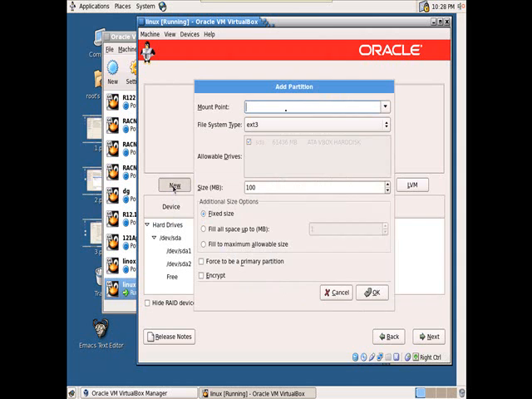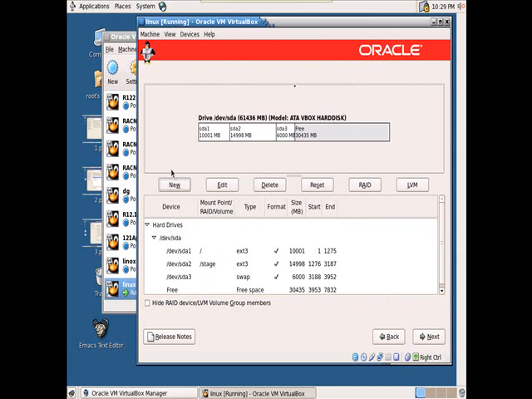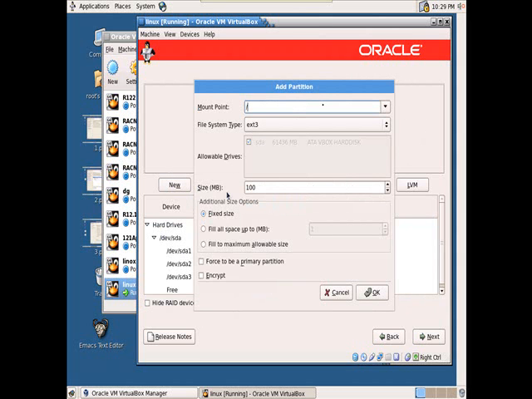Next, I want to create one more partition called stage. For this I am giving 15 GB. What is stage? Generally we store all the software in a particular partition called stage. Okay, can't we store this software in any other location? Yes, we can, but for our convenience we are storing all the software in one particular directory.